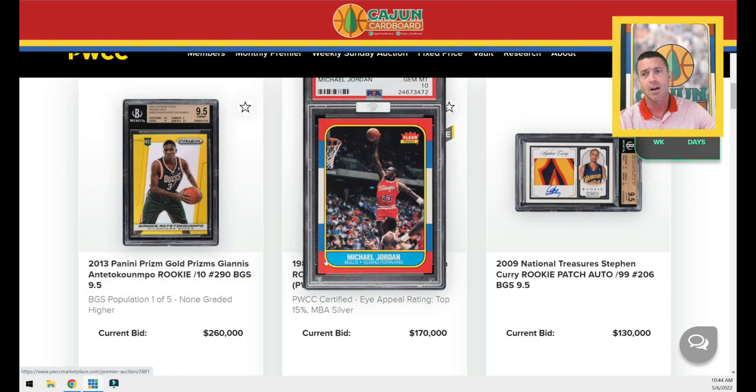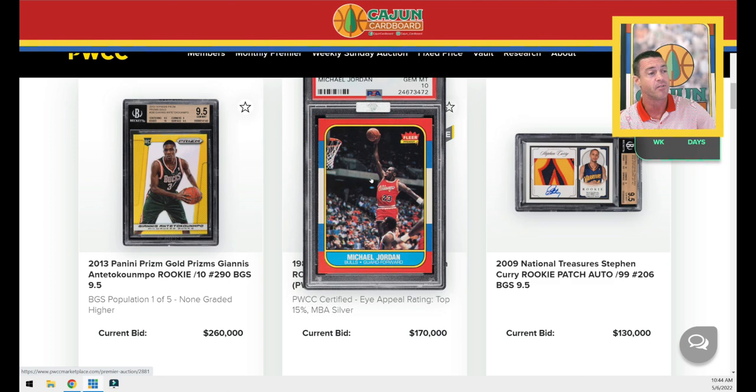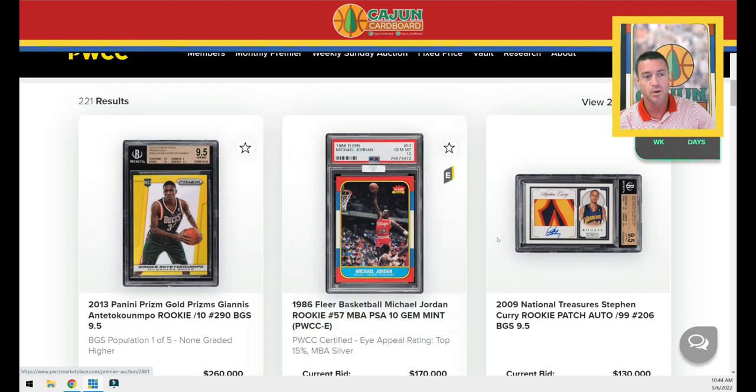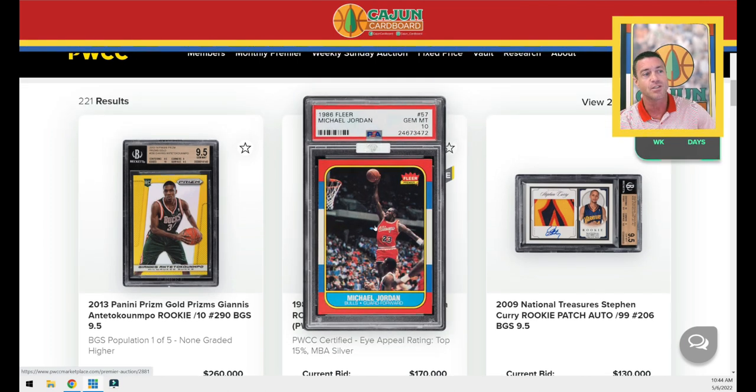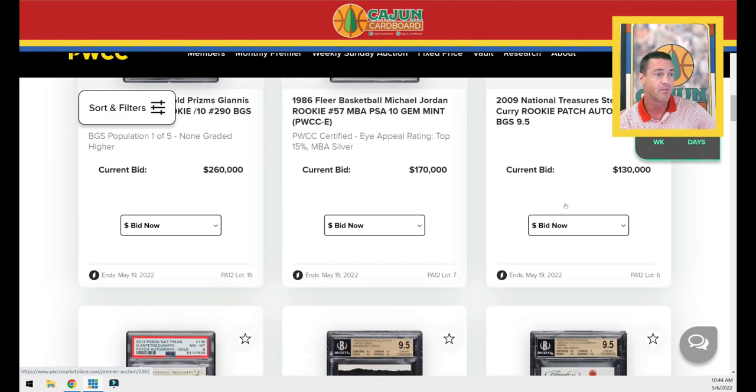Again, we're 13 days out, so these numbers aren't going to mean much, so I'm not going to talk in great detail about them, but if a card's already over 300 grand, that's pretty important to know and just take note of. This Jordan, I think, is going to buck that trend and make a nice little jump compared to the last few that have sold, just given how clean this copy is and what a nice issue that is of that card. And then you've got your true RPA for Steph Curry,